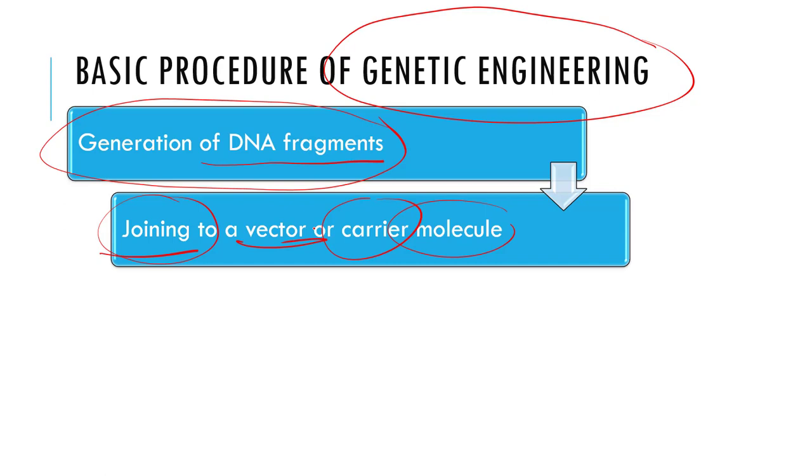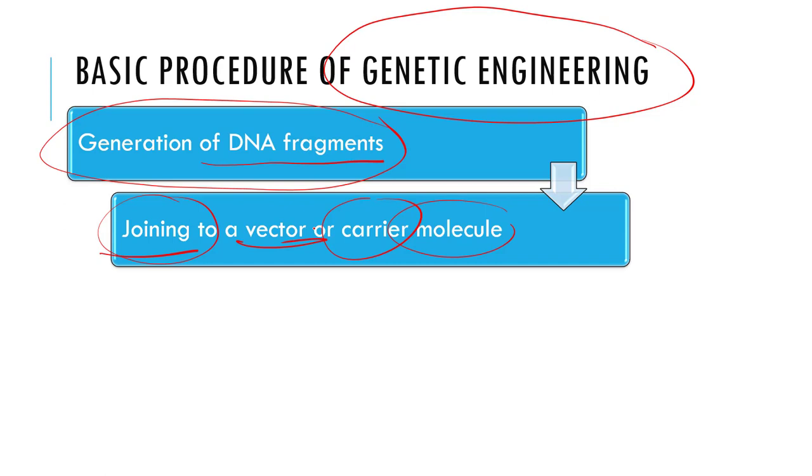In this particular slide, I am going to show you in a very basic way the four major steps of genetic engineering, or recombinant DNA technology. We are going to discuss all of them one by one in the coming slides, so don't worry about it. I am not going to go into detail here, as we are going to do it next. So just stay with me.